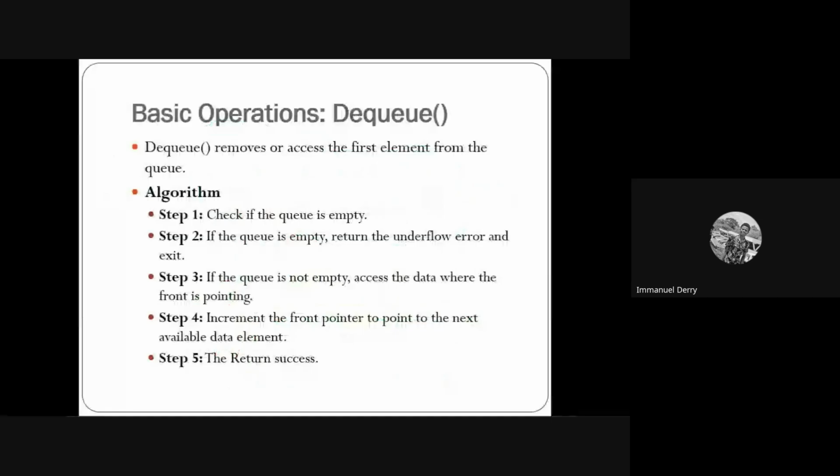And the dequeuing removes the element from the queue. Instead of checking for is full, we need to check for is empty. So if the queue is empty, then return underflow error and exit. If the queue is not empty,